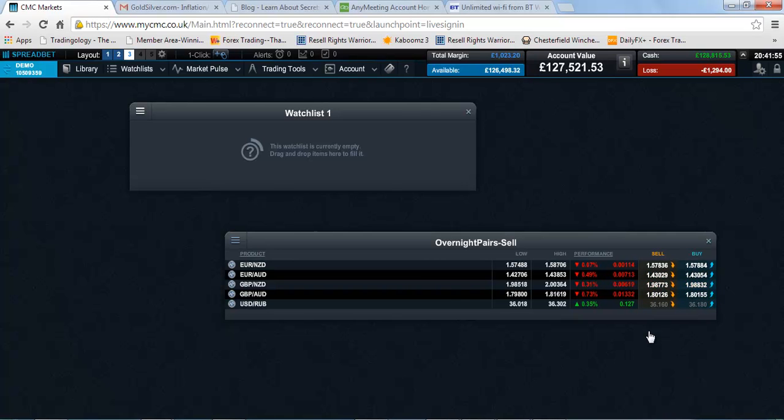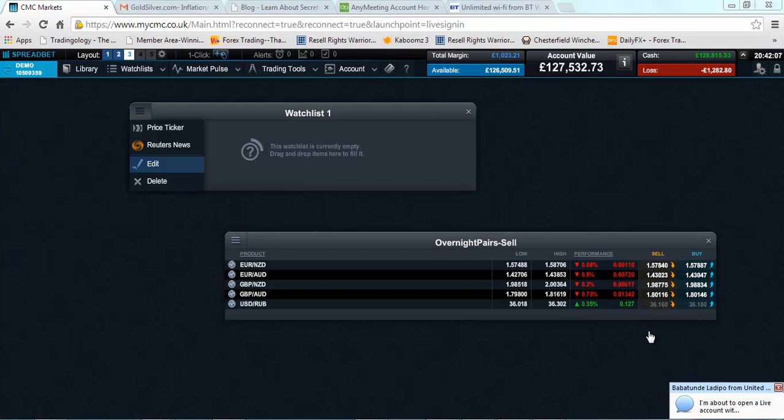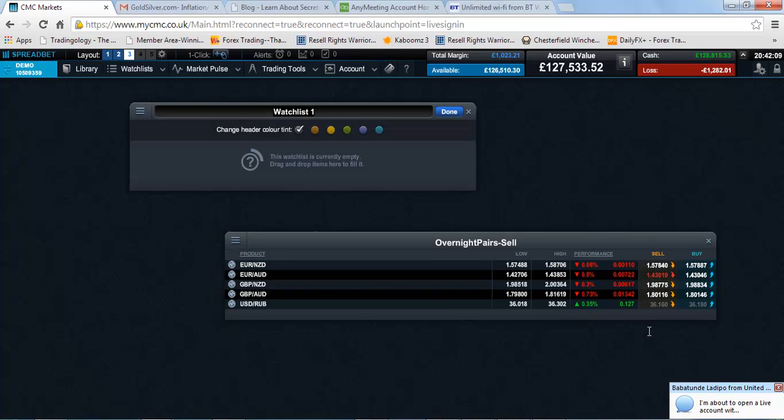When that window pops up, remember the 3 little bars: you click on those little bars beside the watch list and then you edit. Obviously you delete the old watch list name from it and then you type in